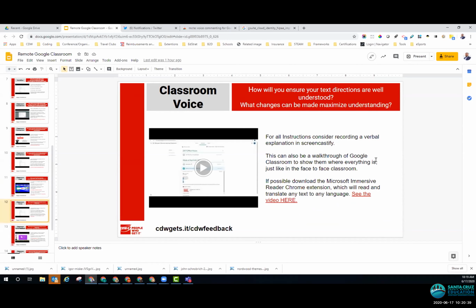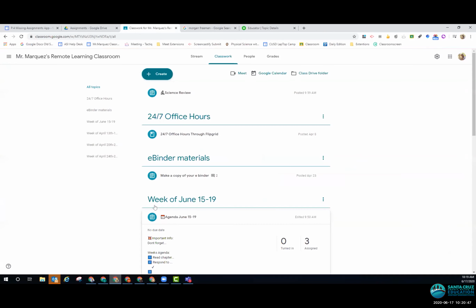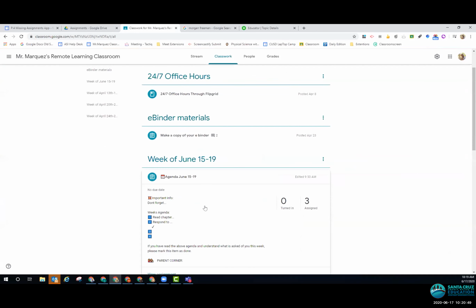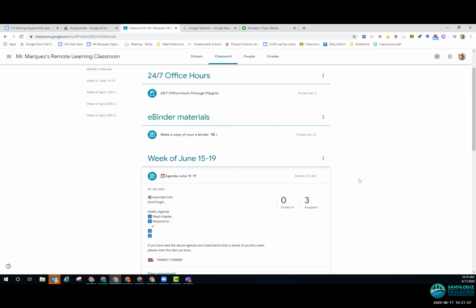The next thing I want to showcase for you is readability, right? We have to make sure that all of our students can access everything that we post. I mean, our English language learners, our emerging readers, they may not be able to read all of these. And yes, you could record yourself, like I said, through Loom, or you can do it through Screencastify. But what about if they don't speak English as their first language? How are you going to be able to be successful with them there?